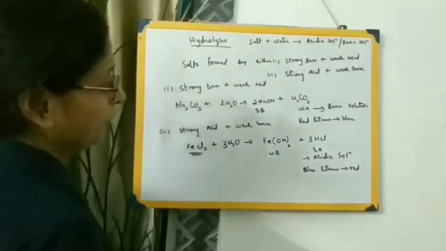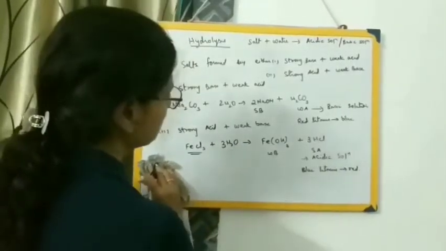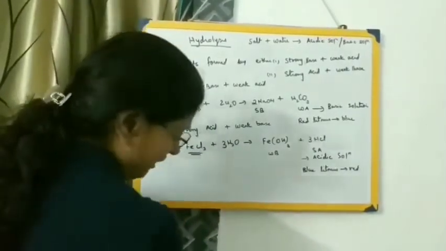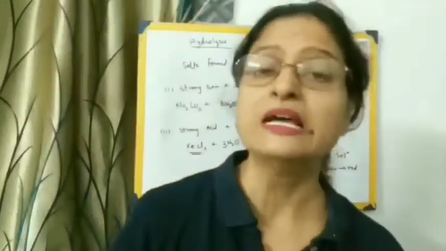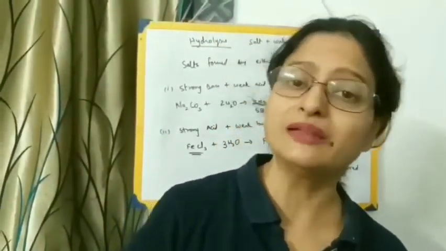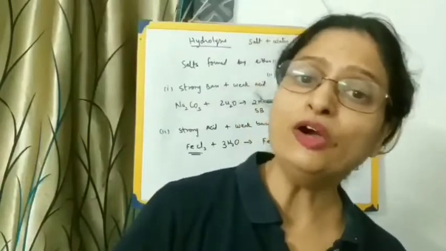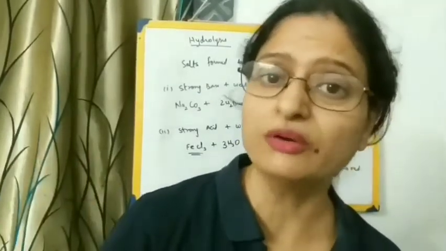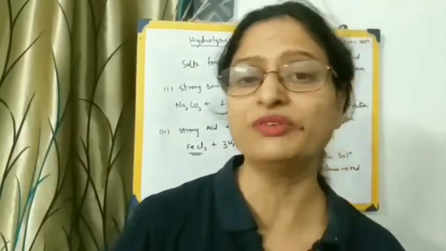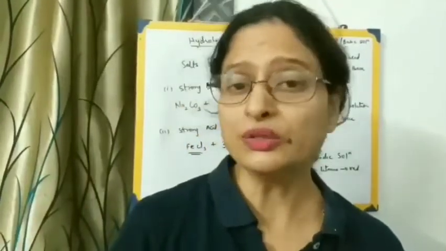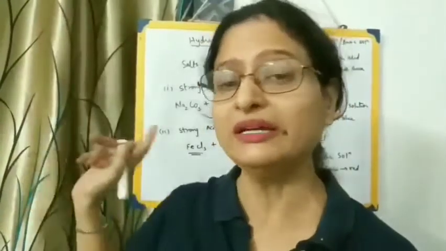Now, whenever any chemical reaction takes place, some energy will be involved in the reaction. What happens? Either the energy will be evolved, given out, or the energy will be absorbed. Depending on whether the energy has been given out or taken in, again we are having two types of reactions based on the energy changes. These were all about how the reactions are taking place.